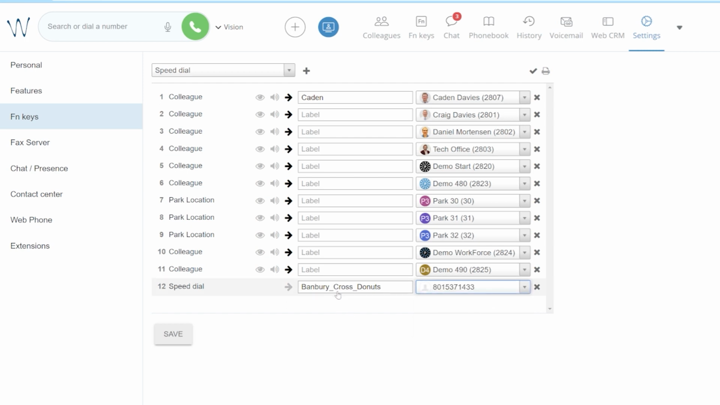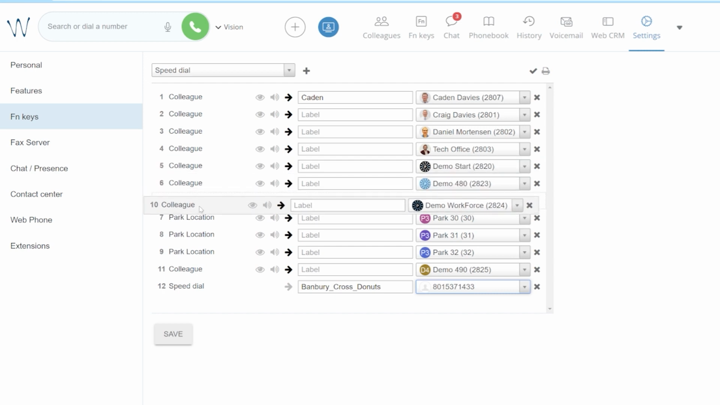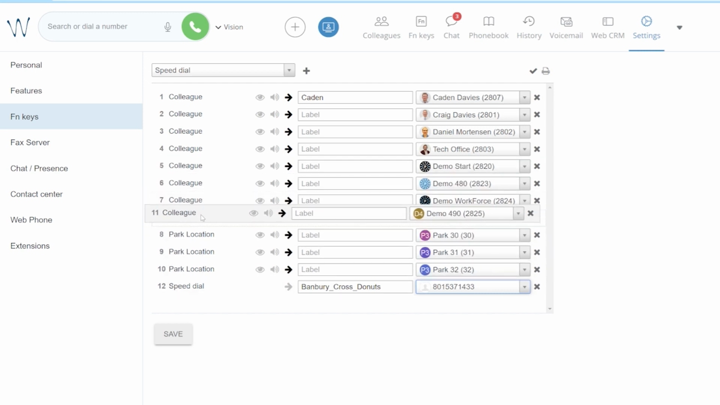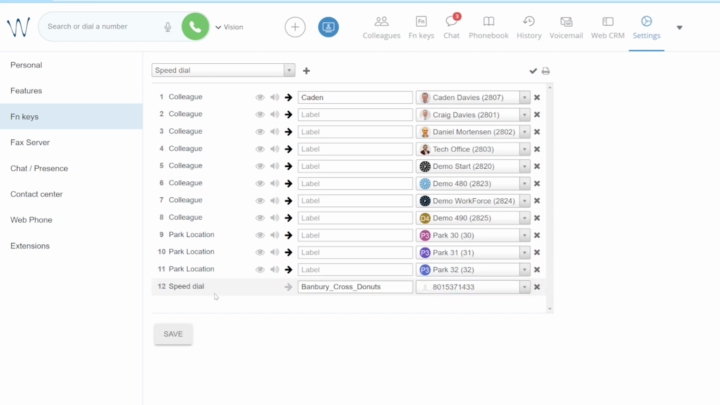Now, once you've created your different function keys, you're now going to hover over here on the left-hand side, and you'll see how it highlights it gray. You can then click and drag to put these in different locations. So if you want to organize it alphabetically or by prioritization, whatever your preference would be. So I'll just leave this speed dial here, and now go ahead and hit save,